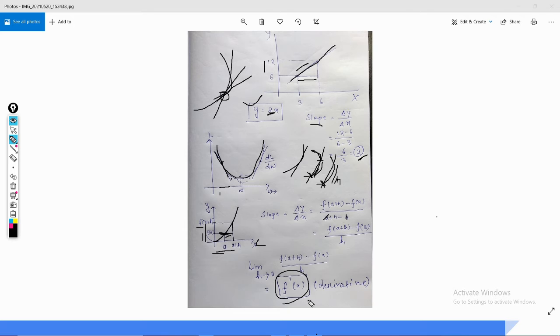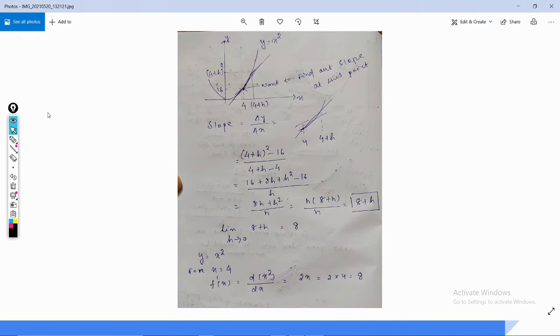So finally, in order to get the tangent at that particular value, we need to take the derivative, right? So let's see with an example how it actually works. This is one practical example. Let's see how we are going to find the tangent at that particular point on that curve using the derivative. This is the non-linear curve that we have taken, y is equal to x square. This will give you a non-linear function.